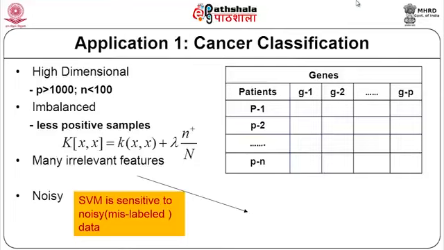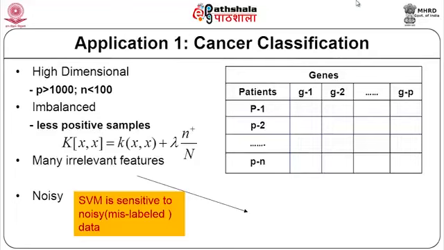So, what we do here is we take k(x,x) equal to k(x,x) plus lambda times n plus divided by the total number of samples. This is just weighting it such that the positive is not thrown away. So, you have k(x,x) plus, for each of the positive samples, you multiply by a weighting fraction lambda times the number of positive samples. Let us say we have 1000 samples and we have only 200 positive samples, you take 200 by 1000. The rest are obviously negative samples.